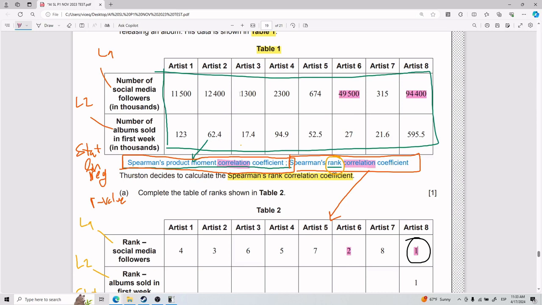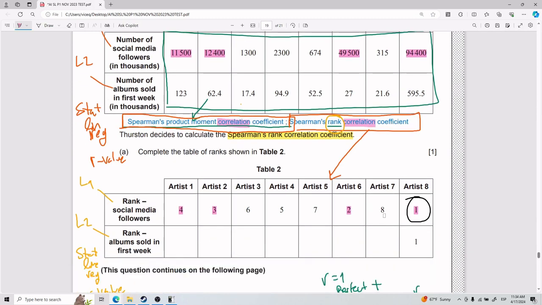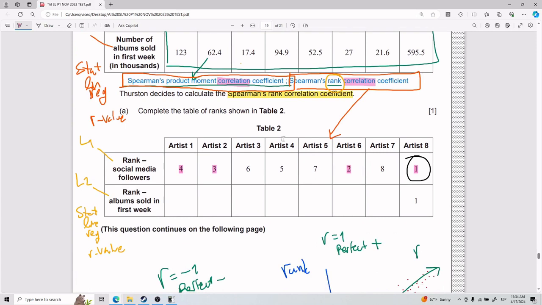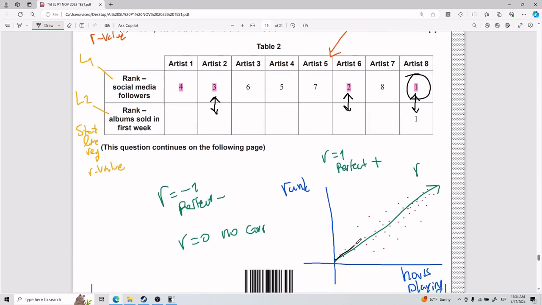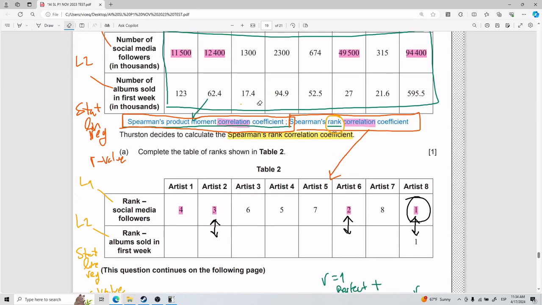Okay, what is third in rank? It would have to be this guy here. Fourth in rank, this guy here, and so on. So the point is that Spearman's rank correlation coefficient is going to see, okay, here you have first with first, right? But do you have second with second? Do you have third with third? And that is the correlation that they're trying to find. That is the cool thing about Spearman's rank correlation coefficient.